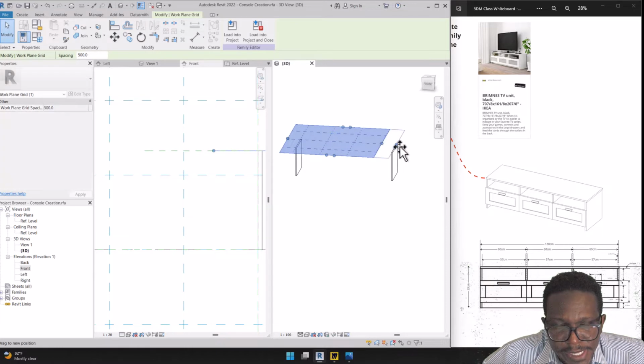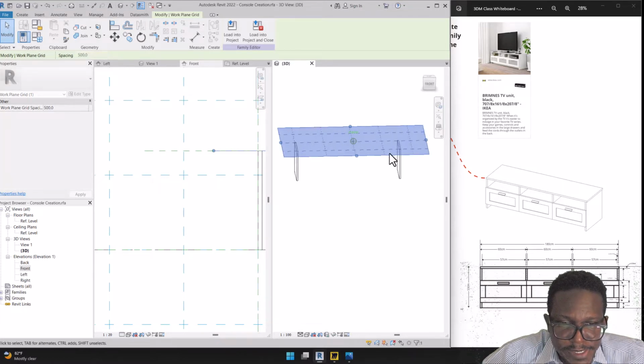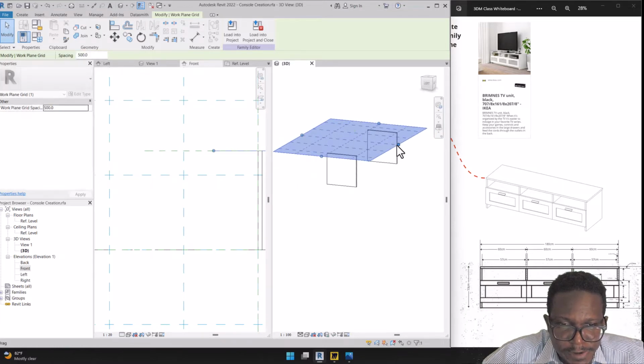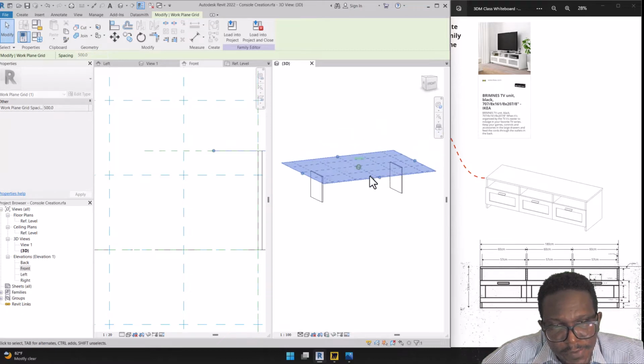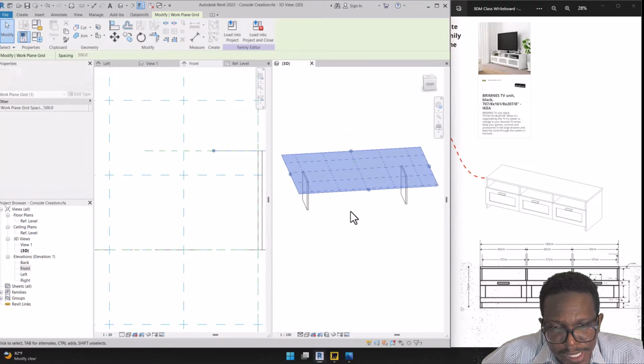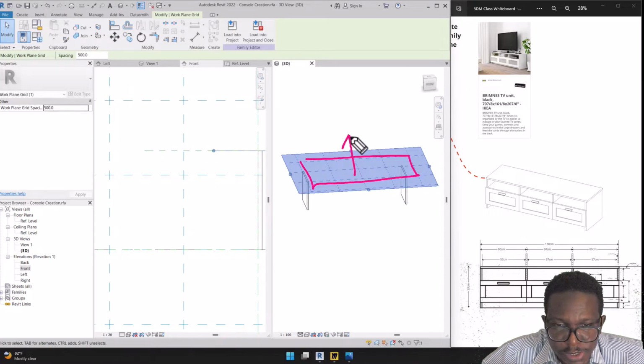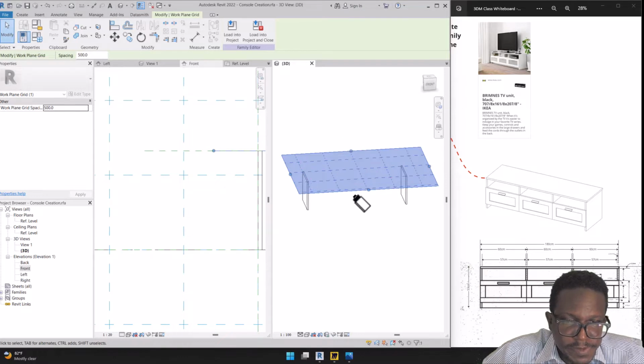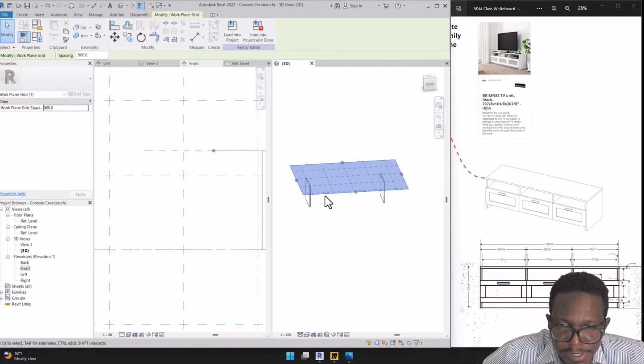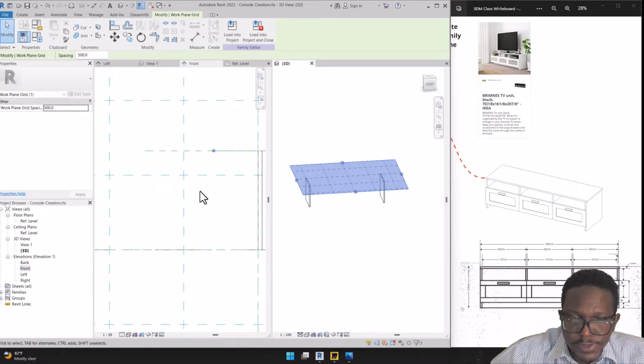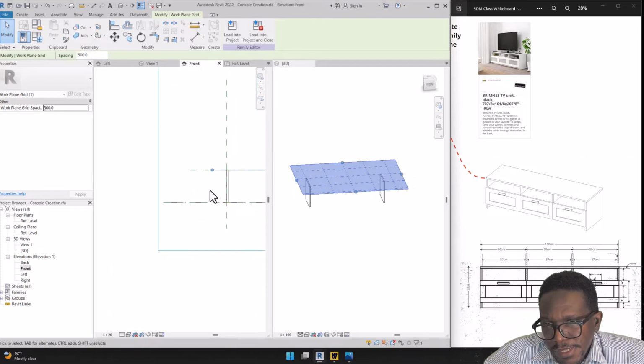Now I can extend this down. It doesn't matter how big this is. Work planes are pretty much infinite. But what this means now is anything I draw will now be on top of this work plane, and then I can extrude upwards. Alright, so with that done, I am now going to do this in the plan